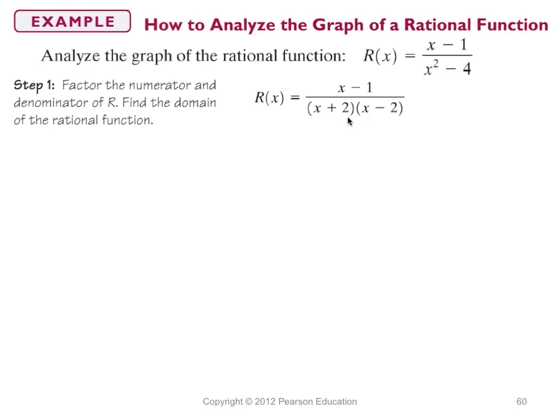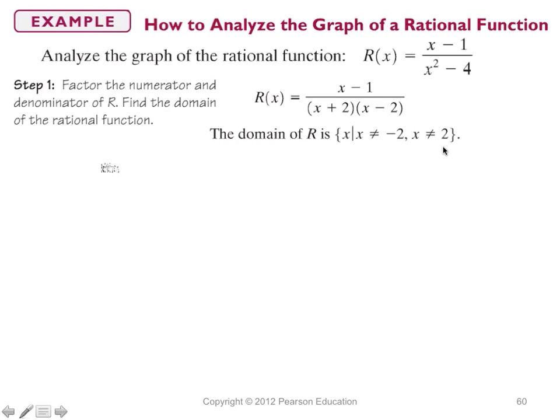And then we always find the domain before we cancel anything. So no canceling of anything yet. And what you should do to find your domain is set your denominator not equal to 0. And what you'll find is that you get x not equal to -2 and x not equal to 2. Those are kind of the 2 points that cause issues. So your domain can be written as x such that x is not equal to -2 and x is not